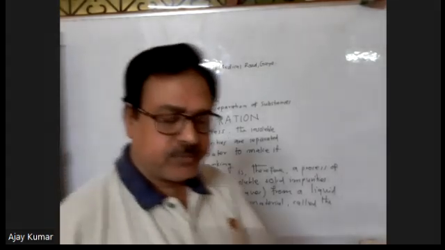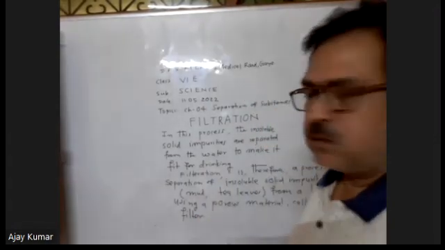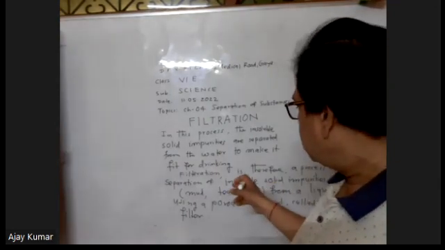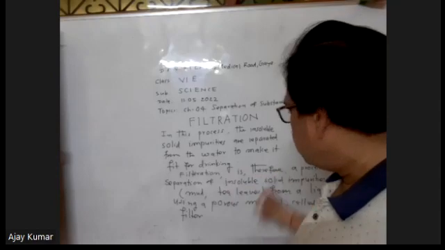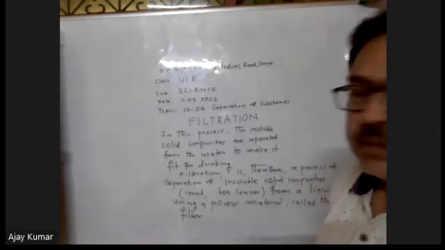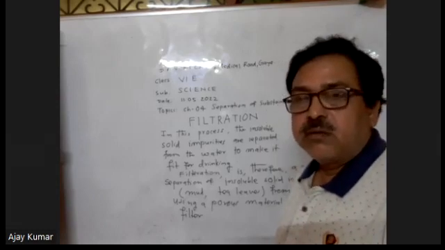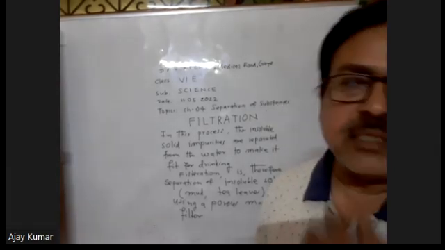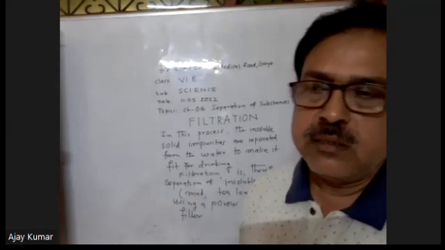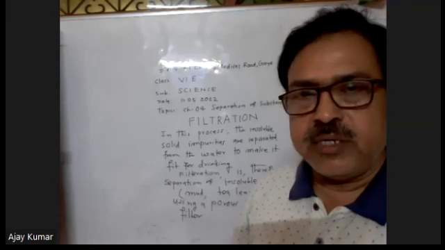So take care of some important lines. You can see, read it, write it. Filtration is therefore the process of separation of insoluble solid impurities like mud and tea leaves from a liquid using a porous material called filter. So we do the filtration with the help of a filter. Filter is a porous material. When we put that liquid through the filter, the solid impurities are